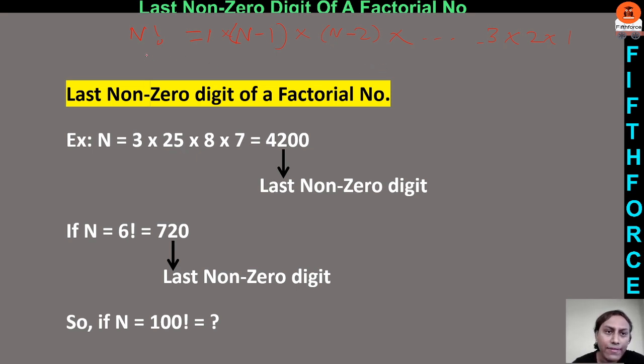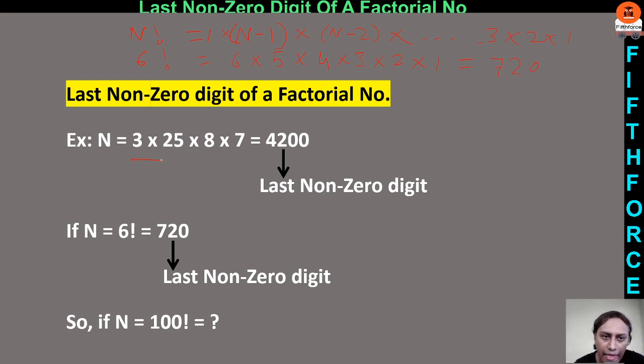So when I say factorial 6, what is factorial 6, guys? So factorial 6 must be 6 into 5 into 4 into 3 into 2 into 1. Alright? So factorial 6, if we multiply, it will be 720. So when I ask what is the rightmost non-zero digit, let us take this example first.